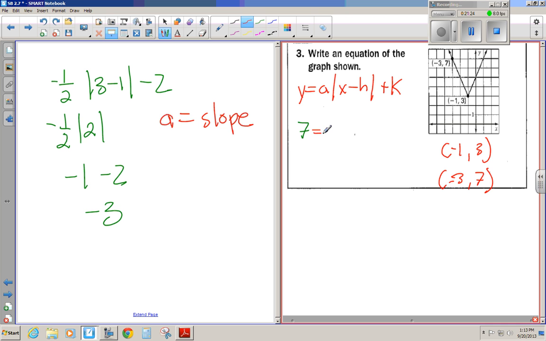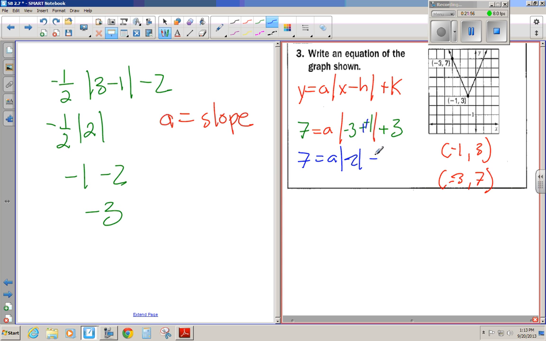I don't know what A is. I do know that X is negative 3, that H is a negative 1, so minus a minus 1, and that you're then adding your K value. So all I did was take all these little pieces here and plug them into an equation. So I get 7 equals A, the absolute value of minus a minus is a plus